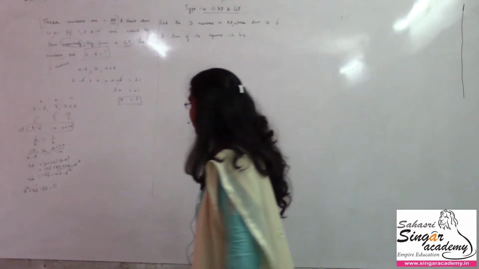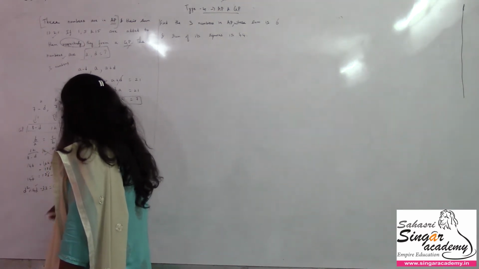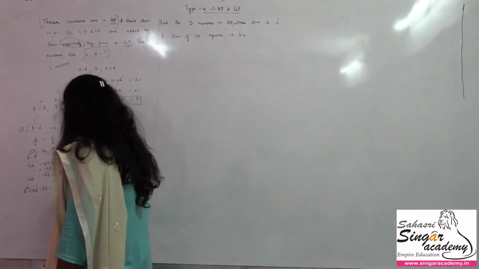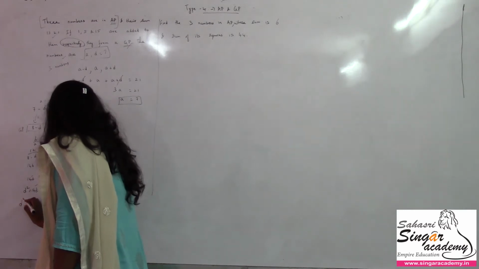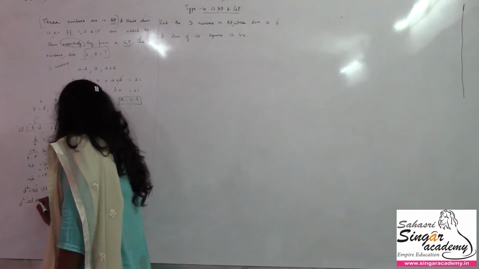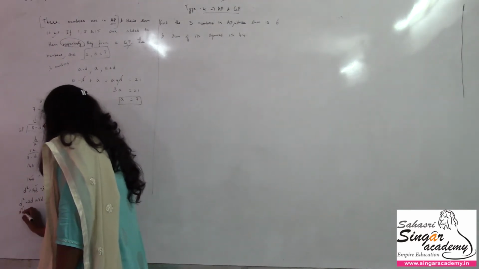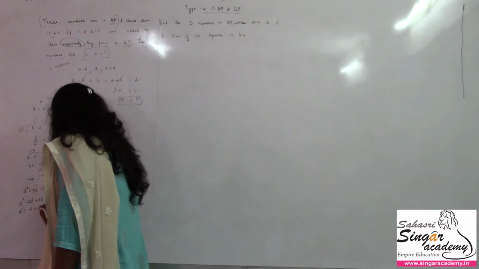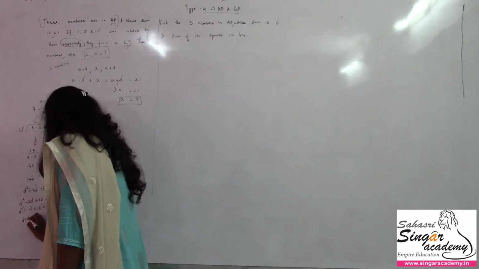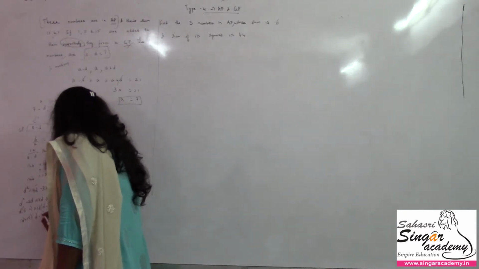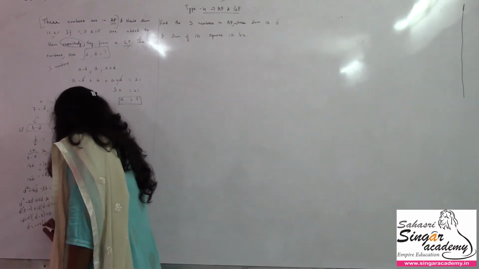Let me solve this D value now. If I go for the factorization method, for 32, I want to get 14, so 16 and 2, plus 16 and plus 2. So let me have D squared plus 2D plus 16D plus 32 equal to 0. So this is D into D plus 2 plus 16 into D plus 2 equal to 0. So I have D plus 16 as one factor and D plus 2 as another. So I have 2 values here, D equal to minus 16 and D equal to minus 2.